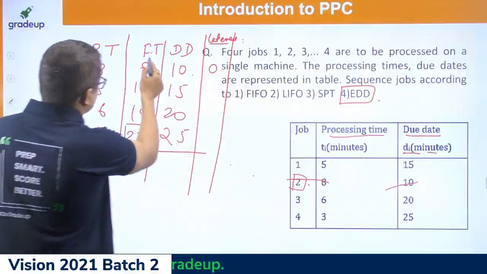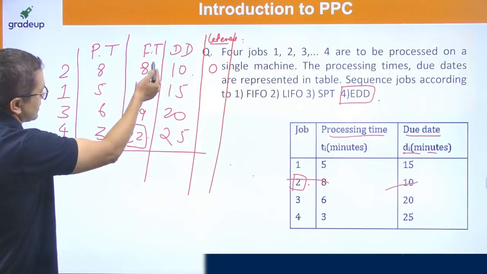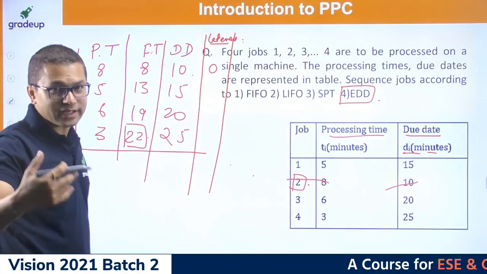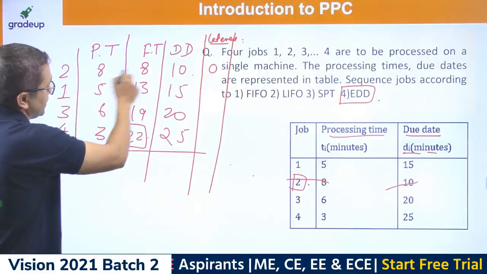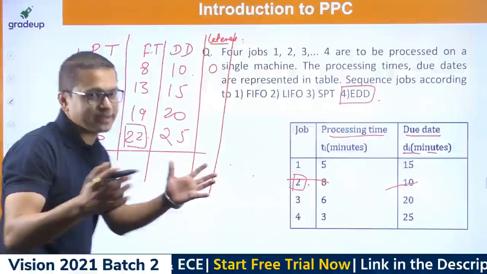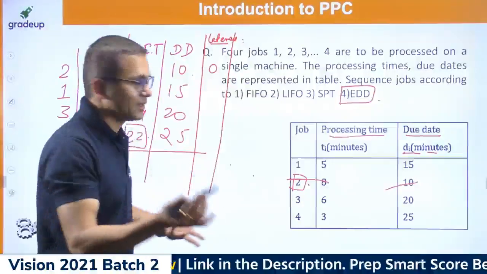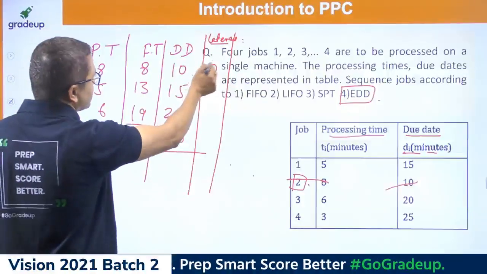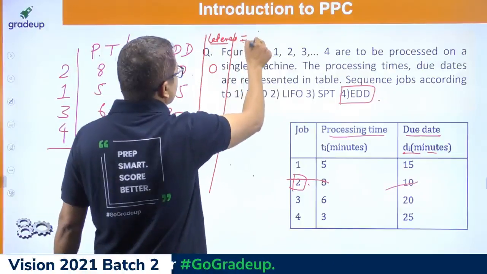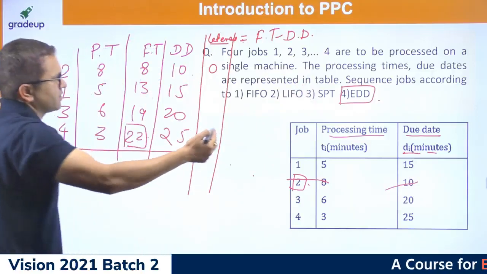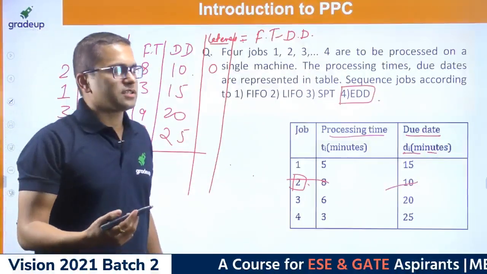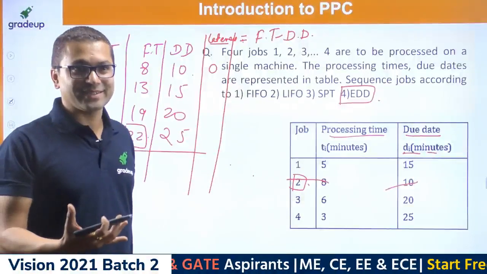All right. So flow time, what it means is after 8 days it is coming. After 8 days, we are able to manufacture job number 2, but due date is 10. So it's not late, right? It's not late. So whenever lateness comes out to be negative, lateness is given by flow time minus due date. Whenever it's negative, it means that job is early, not late.